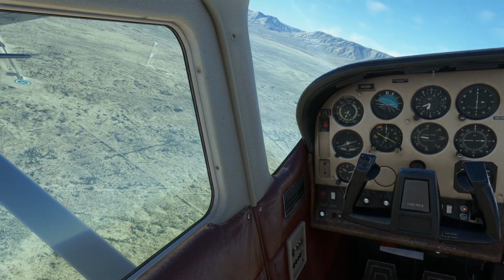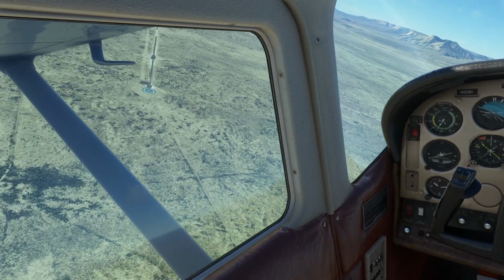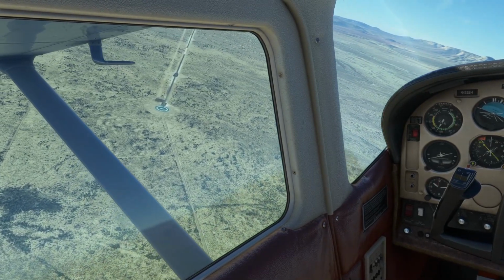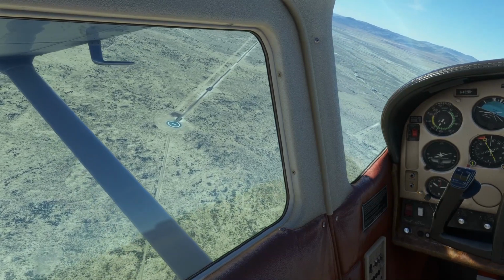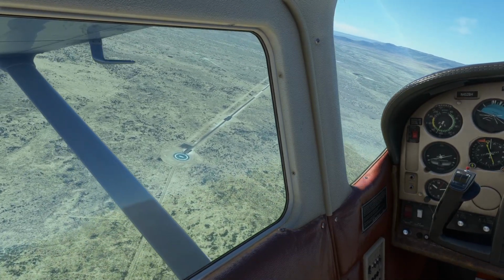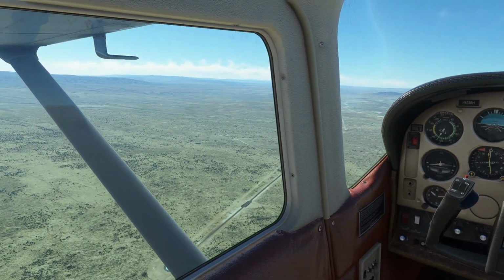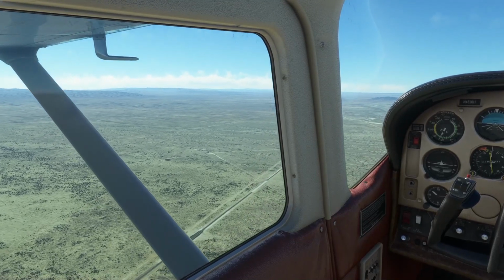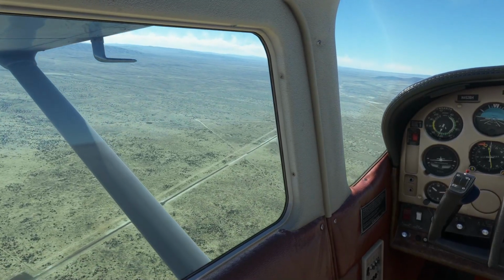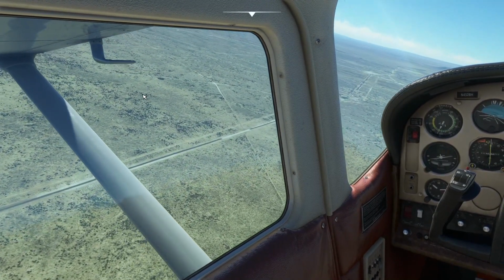Oh, there's that landing pad. I thought I was going to drift way further south. Yeah, I do want to come further left. Not going to get over it completely, but this out here